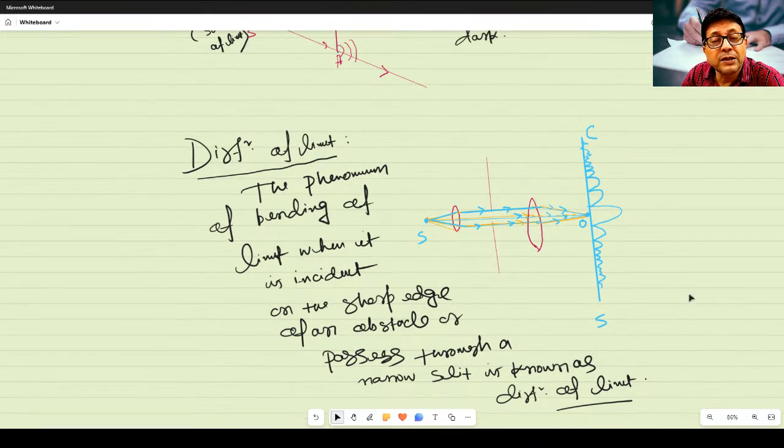This diffraction phenomenon is comparable with the size of the slit. Diffraction will be more if the wavelength of the wave is more. Wavelength of a sound wave is more than that of a light wave. So in case of a sound wave, this bending will be more compared to the light wave. That's why even if there is a huge obstacle in front of you, you can hear the sound emitted by the source on the other side of the obstacle.